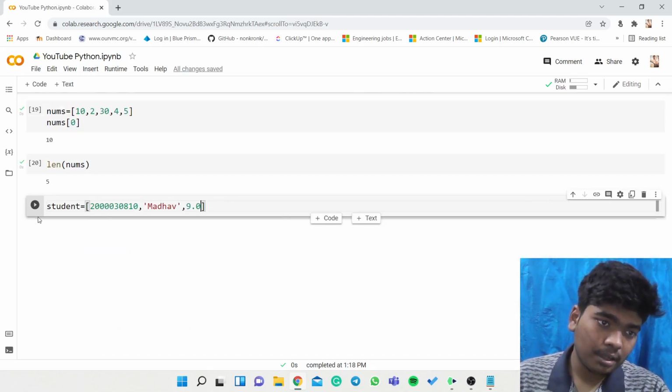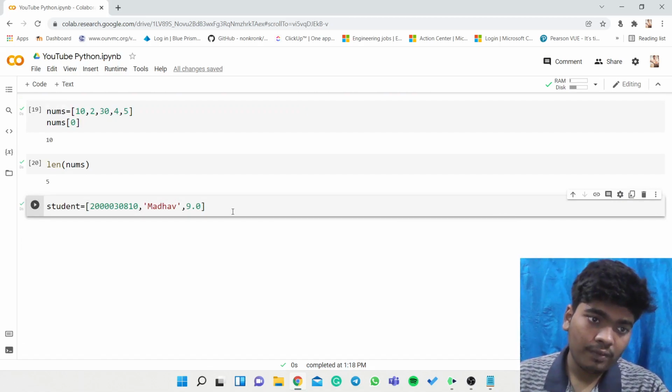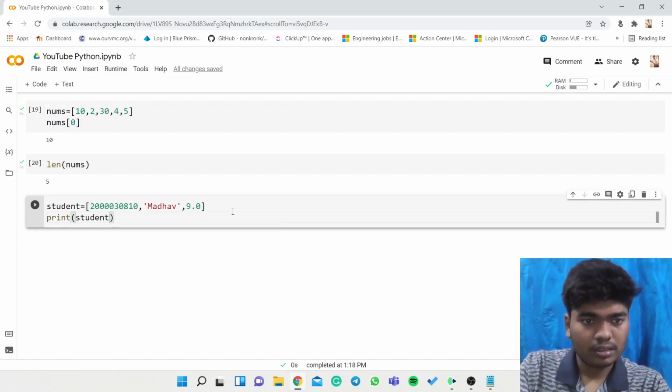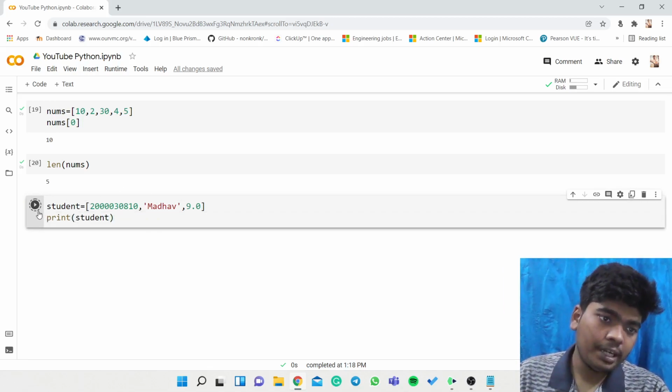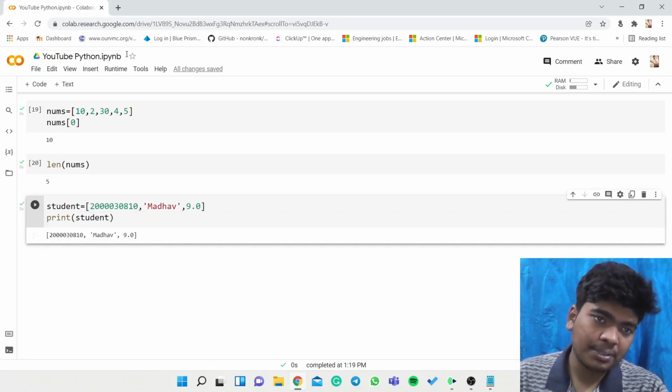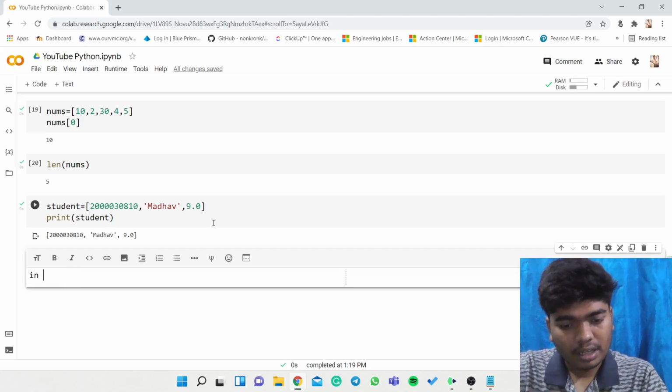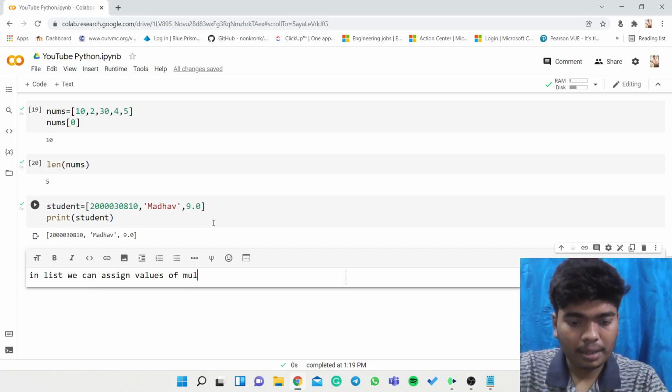So I will just give something like this. And if we just try to print student, it will just print like this. Multiple data types can be used here. So from this we can conclude that in a list we can assign values of multiple data types.